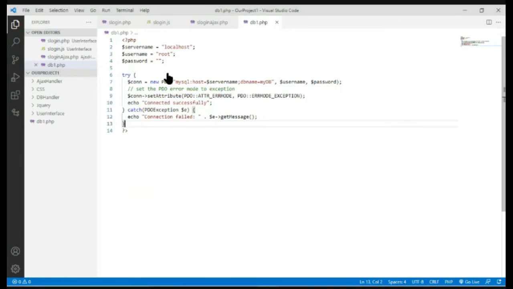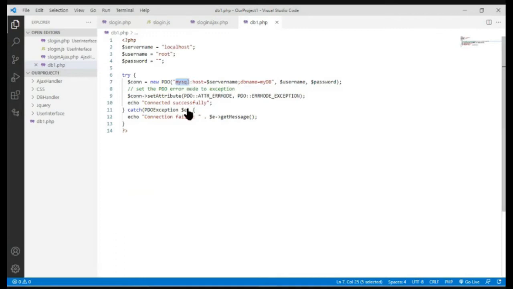Okay, now let's continue. Here, what we are doing is creating an instance of this PDO class, and this MySQL part is specifying the name of the driver. Since you are working with a MySQL database, the name of the driver is MySQL. But if you're working with a Microsoft SQL database, then here you have to write the name of the corresponding